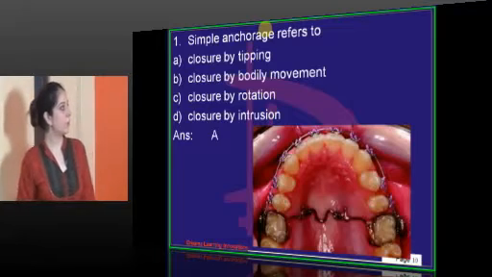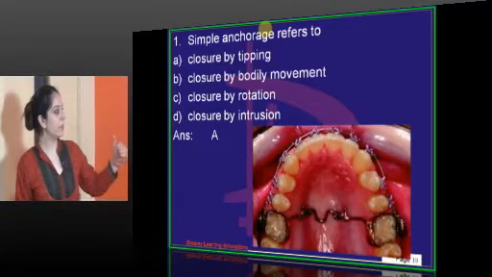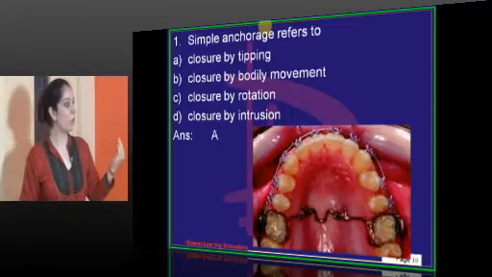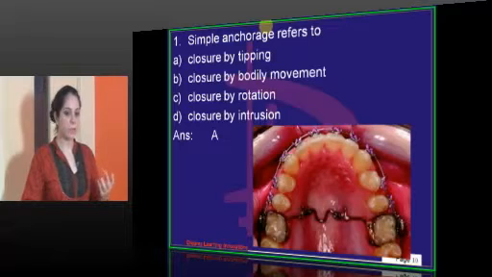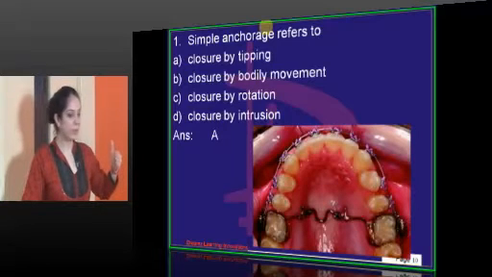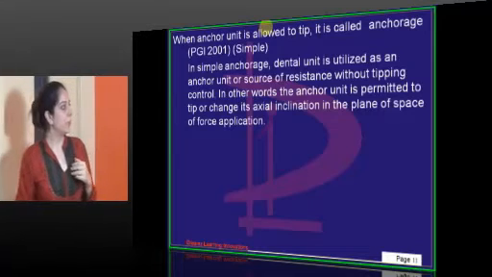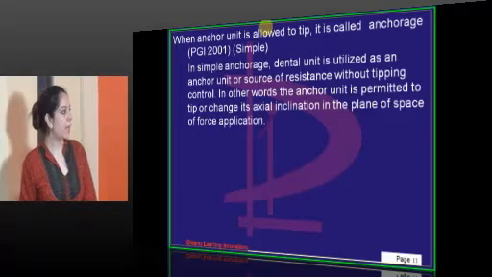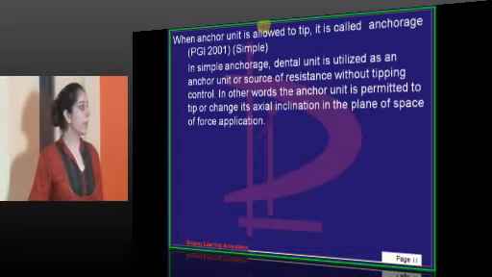Now the first question is, simple anchorage refers to closure by tipping. Now it is closure of the anteriors by tipping, not the movement of the anchor teeth. So when the anterior closes by tipping the anteriors, that is referred to as simple anchorage. Okay. So in simple anchorage, the dental unit is utilized as an anchor unit or source. In other words, the anchor unit is permitted to tip or change its axial inclination in the plane of space